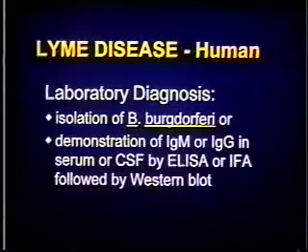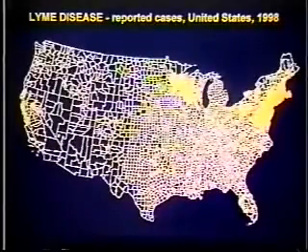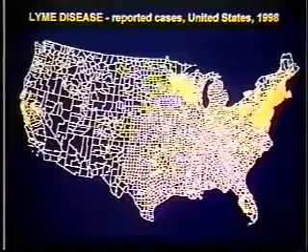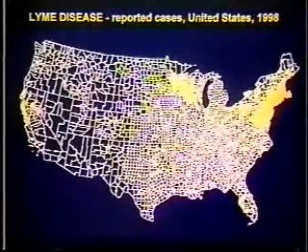this that occurs in the northeast part of the United States as opposed to other areas where the tick is found. And in this slide we can show the coloration of the map to be in the northeast United States, where about 90% or so of the reported cases in humans come from. Another area then in the Minnesota, Wisconsin area, and then some in the northwest part of the United States, again associated with tick carriers, primarily the Ixodes scapularis in the northeast and the Ixodes pacificus in the western part of